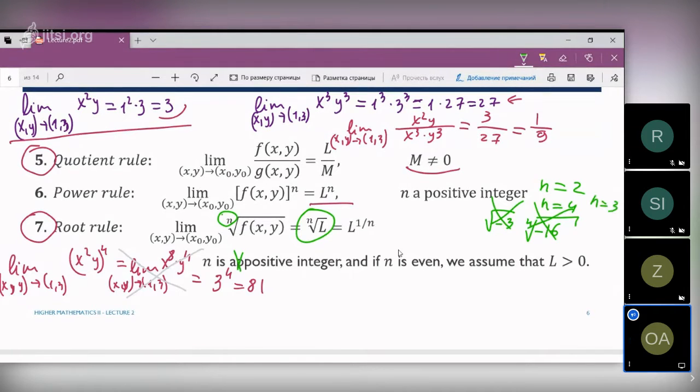But if n is 3, it's okay to have the third root of negative 27. It's okay. But when n is even,